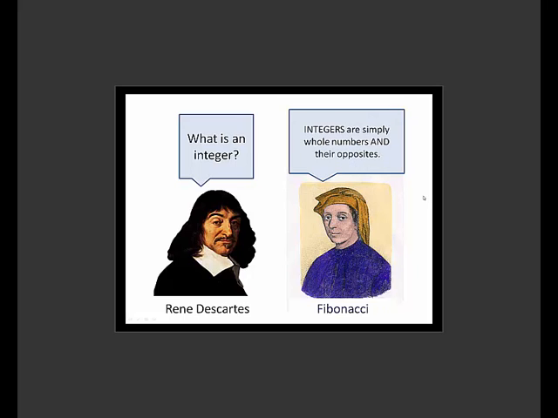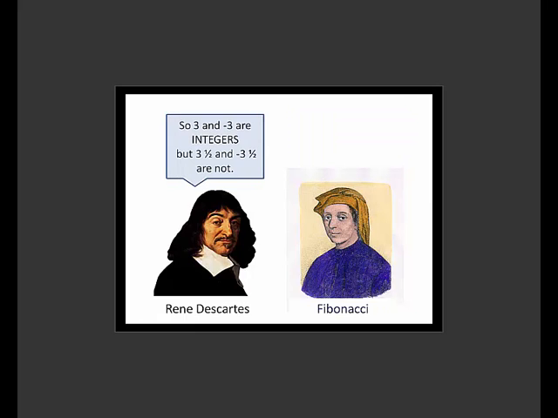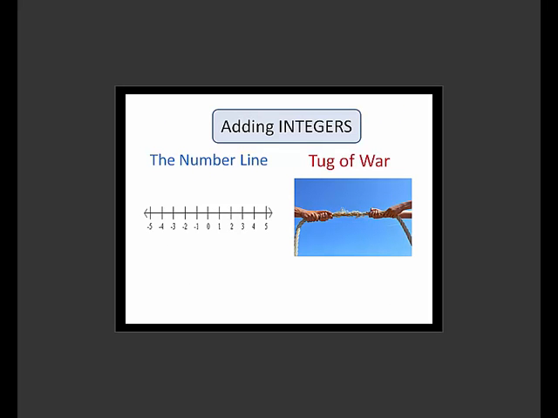Now, integers are simply whole numbers and their opposites. So, 3 and -3 are integers, but 3.5 and -3.5 are not. You got it, René. So now that René and Fibonacci understand what integers are, whole numbers and their opposites, let's